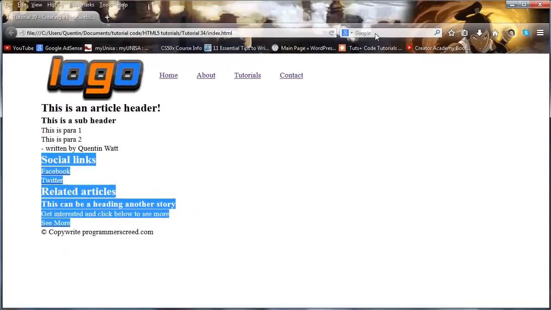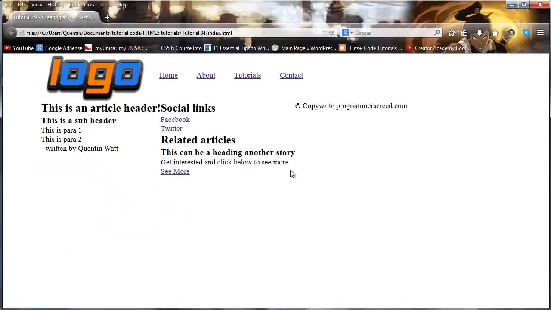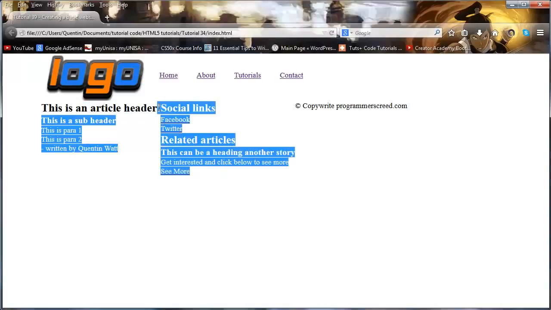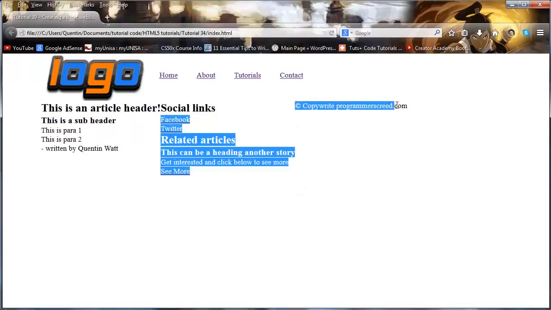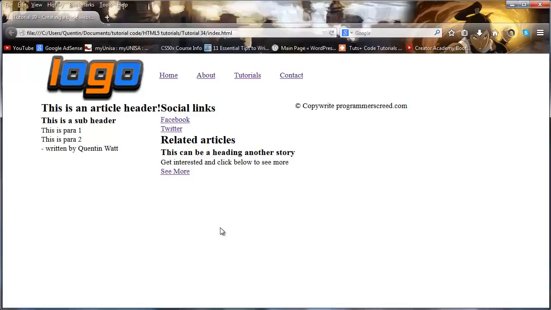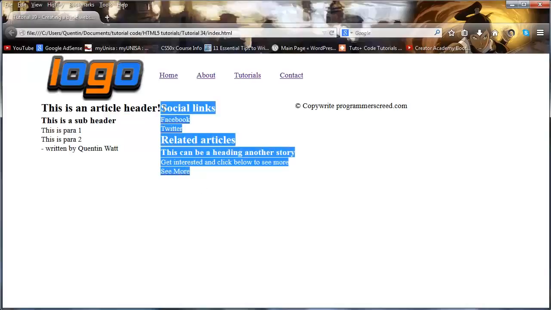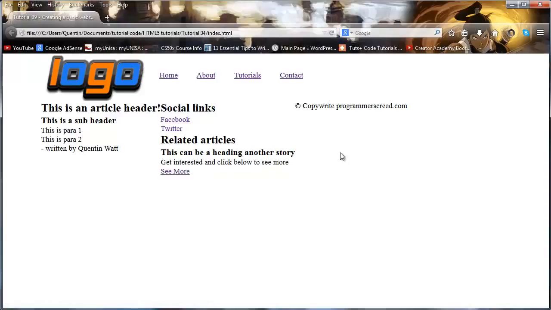So let's go over to Firefox and click refresh, and as you can see, things look a little bit funny now, because yes, we have our main section over here and we've got our aside section next to our main section, but what the heck is the footer doing up here? Okay, and that is because we actually have this floated to the left, and then we have our aside floated to the left. So these two are appearing next to each other because they're floated, but then our footer is actually wrapping around any floated content, which makes it appear up here because there's enough space for it